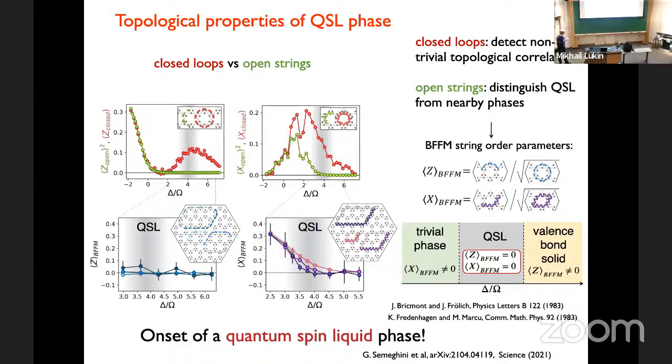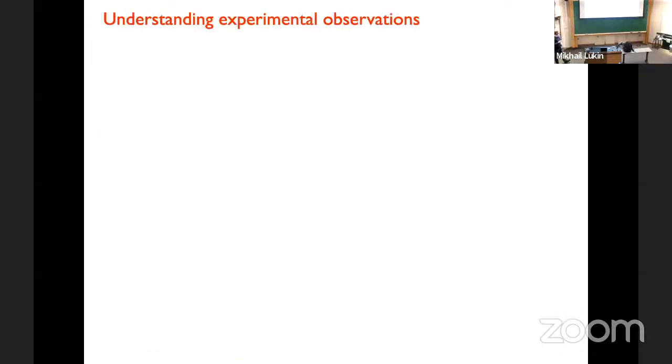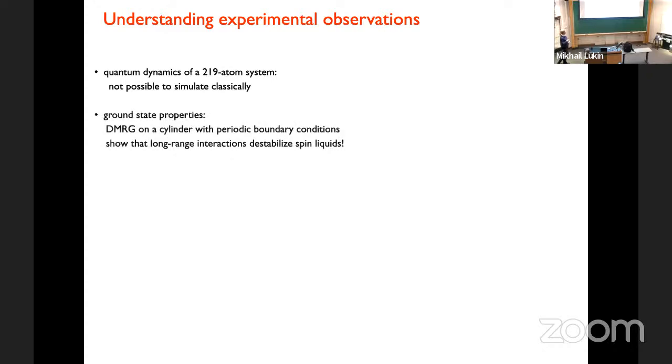So at this point, you could say, well, okay, this is very nice. You can see it. I mean, was it actually worth doing this experiment at all? It actually turns out the answer is yes. In fact, as we were trying to do the experiment, we also tried to push numerics to the limit. And it turned out that if you do numerics properly and look for the ground state, then what you find is that under the conditions where we observed the spin liquid, we should really